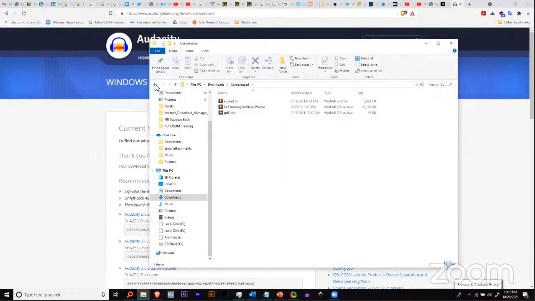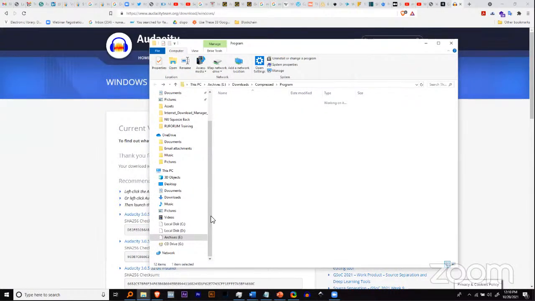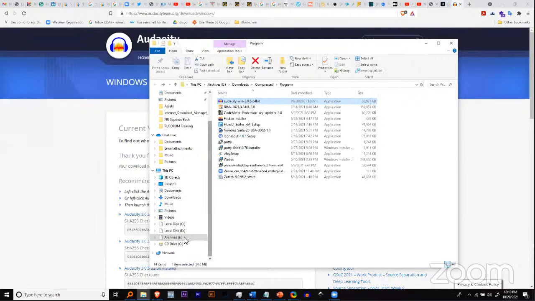So if I was using the normal downloader, it would go here. But in my case, I just made a few configuration changes. So I have it on my E partition. So this is where the file is. So anyways, you just click enter,